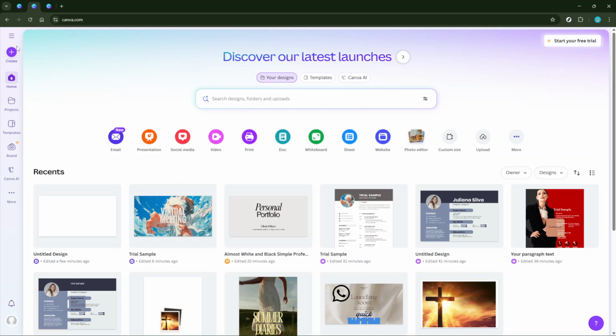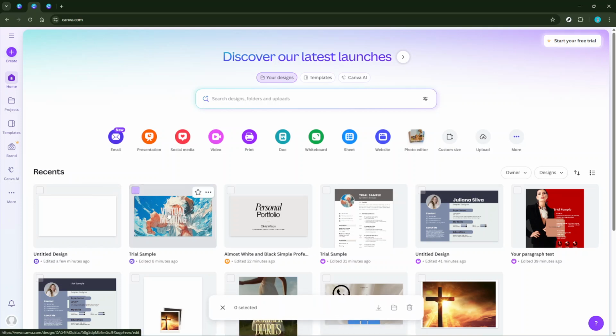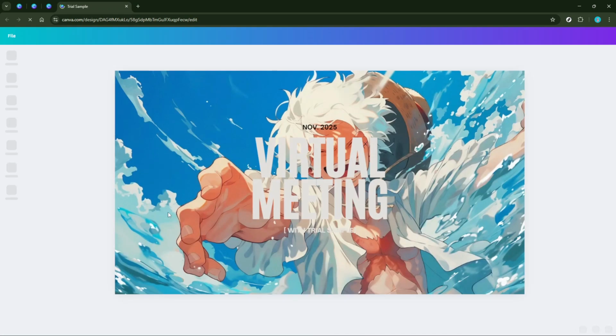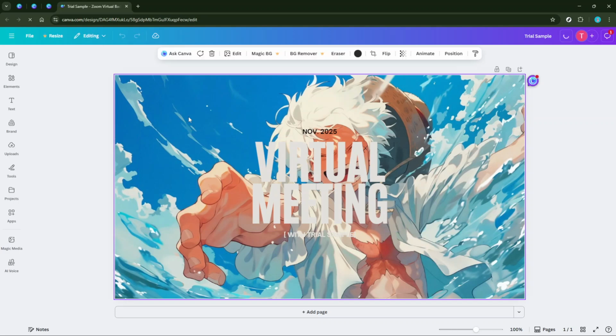Now that your image is available in Canva, click on it to ensure that it's selected. You'll notice a border around your image when it's properly selected. Once selected, look at the top toolbar, where you'll find various options to edit your image. Click on Edit Image, and a side panel will slide in from the left, revealing a host of tools you can use to enhance your image.